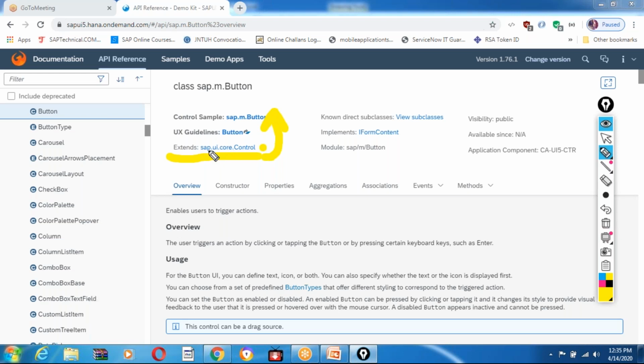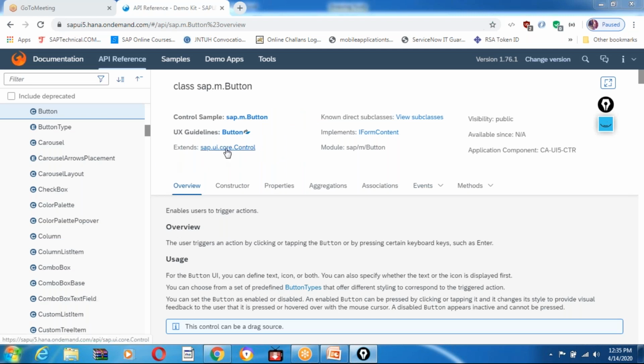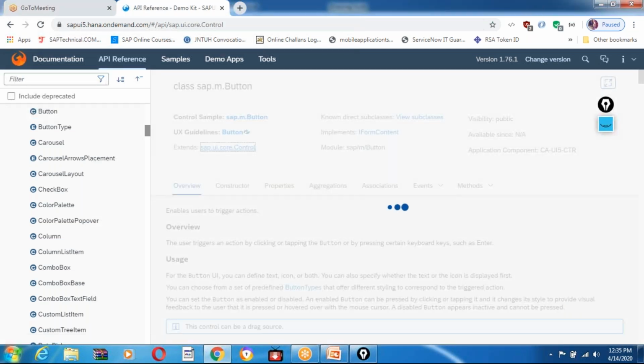sap.ui.core.Control is my parent class, and this is my child class. So maybe I will go to the sap.ui.core.Control and check whether the placeAt method is available or not. Okay, click on the extend sap.ui.core.Control